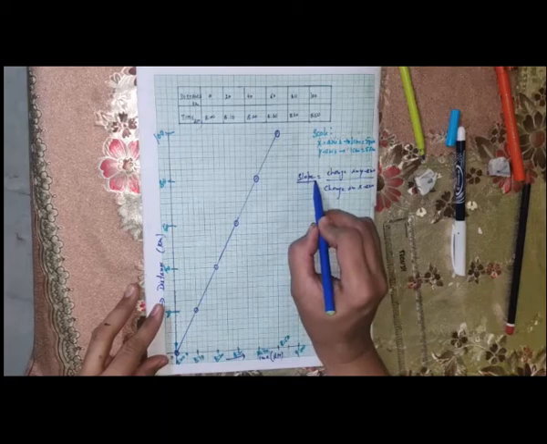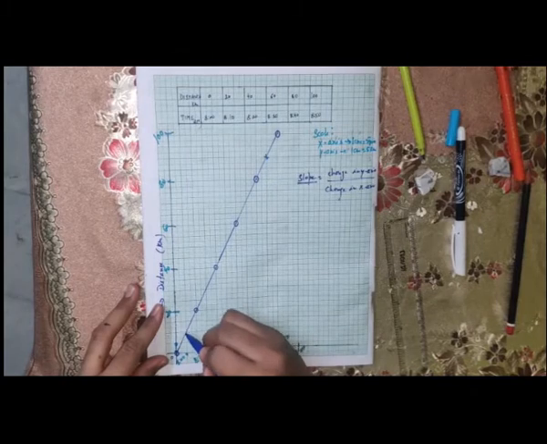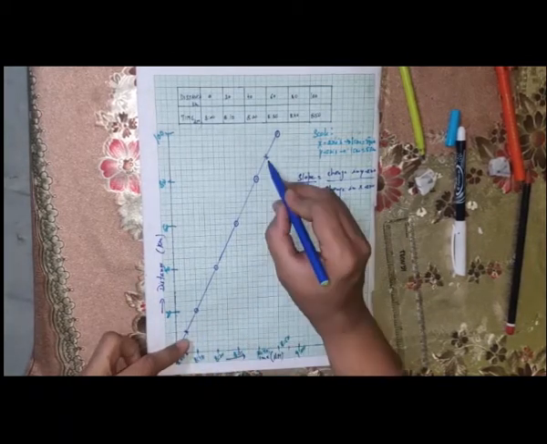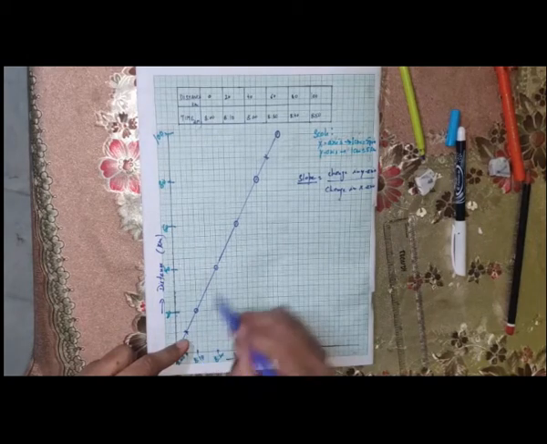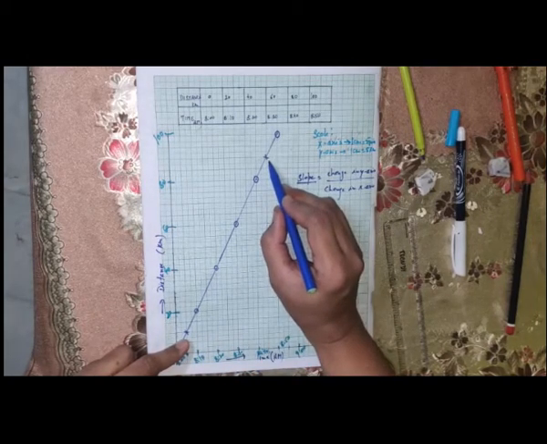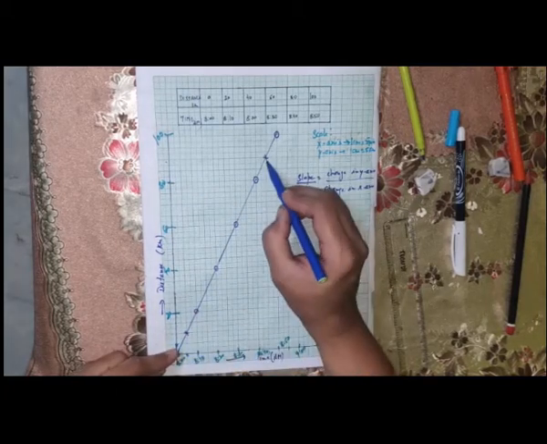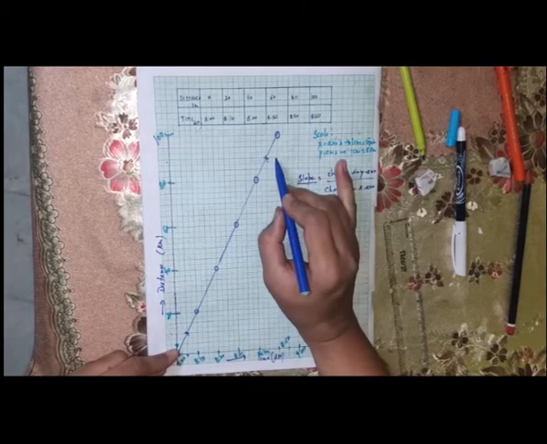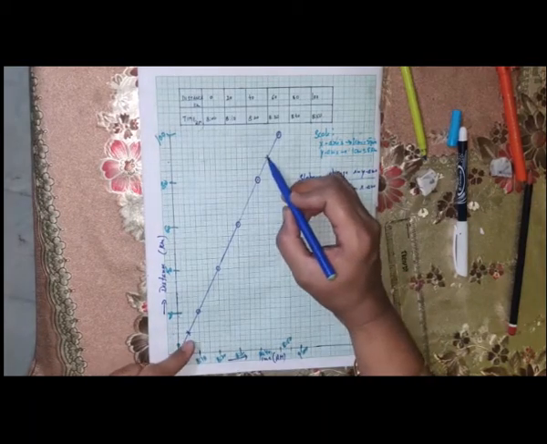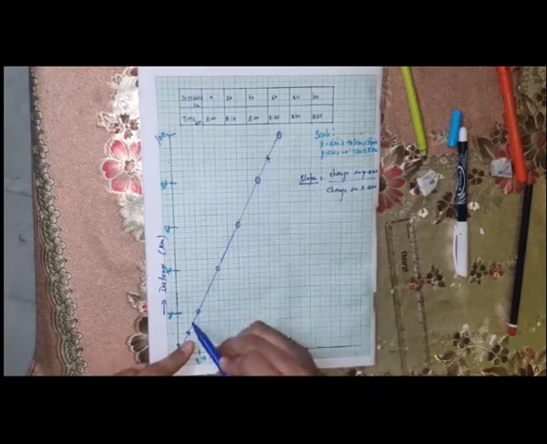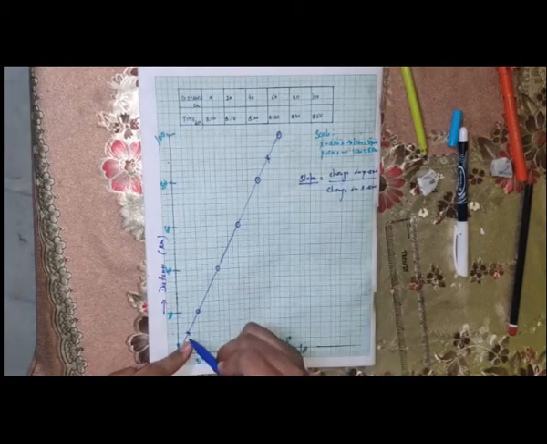Whenever we have to find the slope, our first thing should be choosing 2 points on the graph, as far apart as possible, right? And choose the points in such a way that you're able to read the coordinates of these points easily. Also, the 2 points that we choose should not be the ones that we have used for plotting the graph, right? They should be apart from these 2 points.